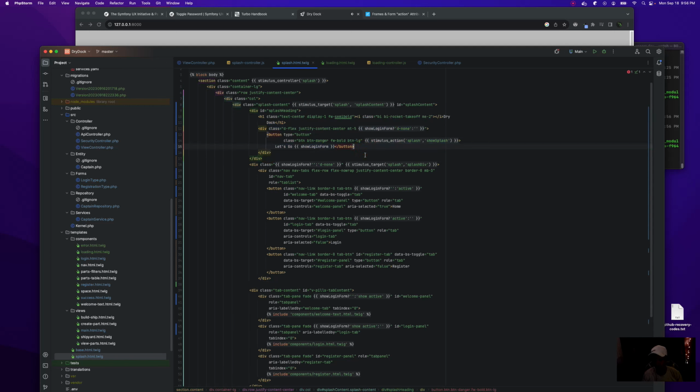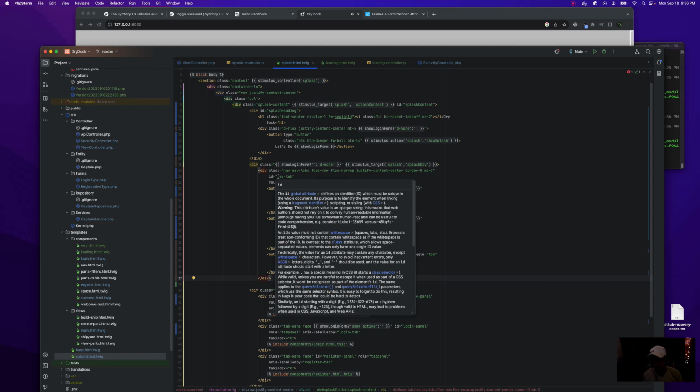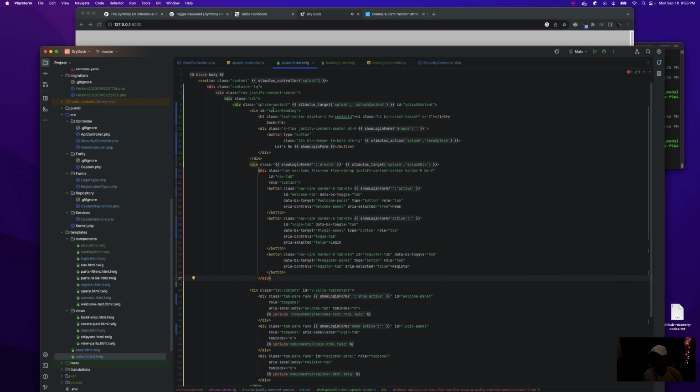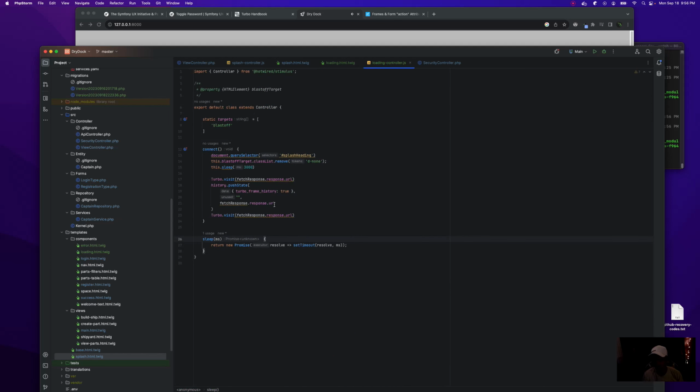And this other one, this is going to get removed as well. ID nav tab, sure, okay, that's fine. That's a Bootstrap thing. Don't really care about changing it.